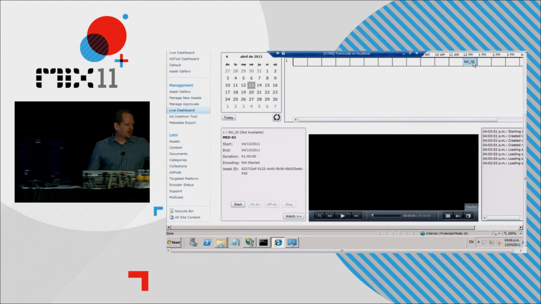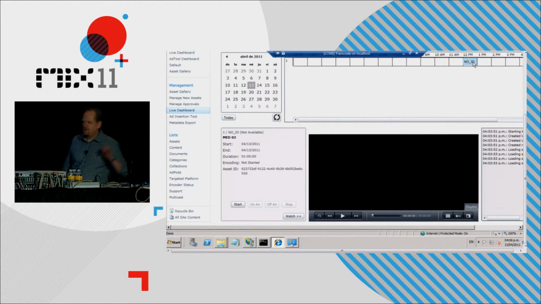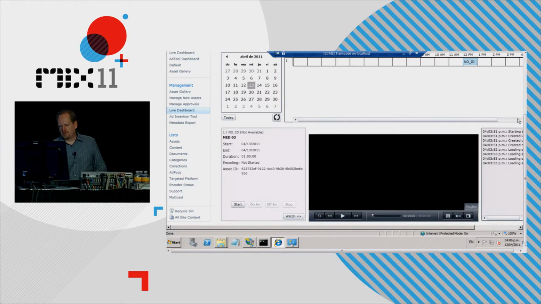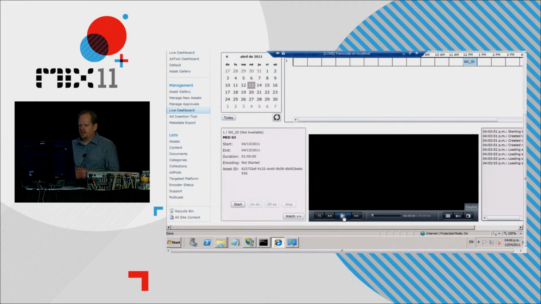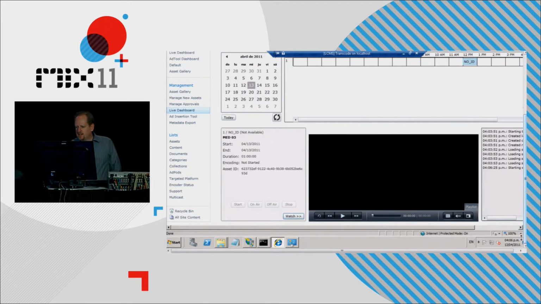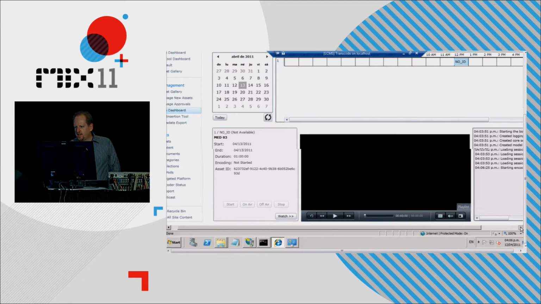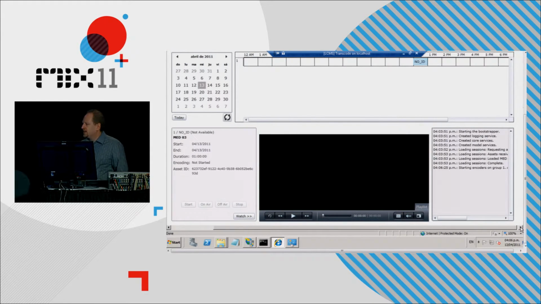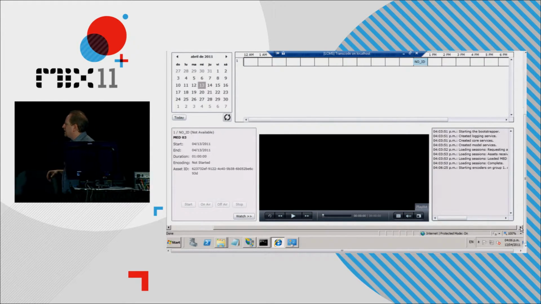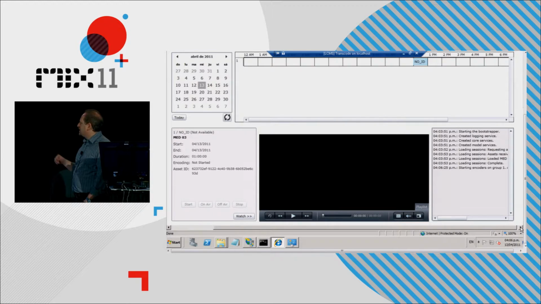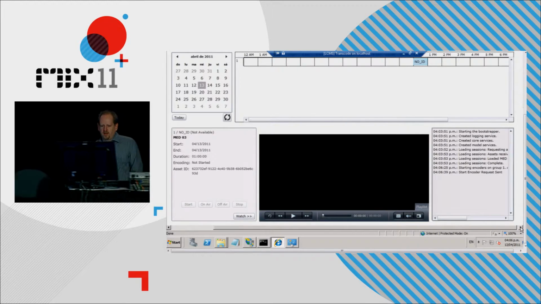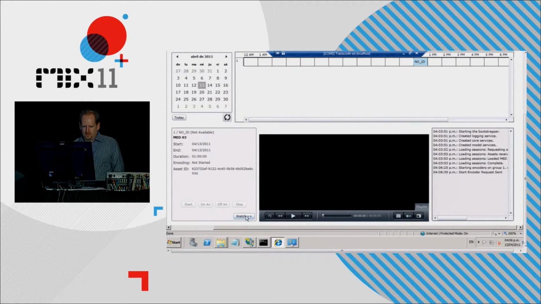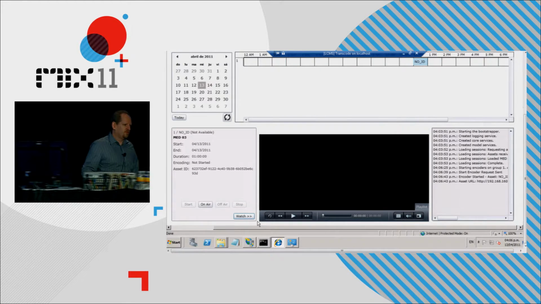Okay, so I'm going to go ahead and start the camera. And I apologize for the video quality, because it's not a very good little camera, but it at least gives you the idea of what's going on. Okay, let's go ahead and click Start. So what it's doing now, you can see the status over on the right-hand side. It's going through the process of starting up the encoders. So it's starting the encoder groups. If I go ahead and click Watch, it should, if my camera's working,